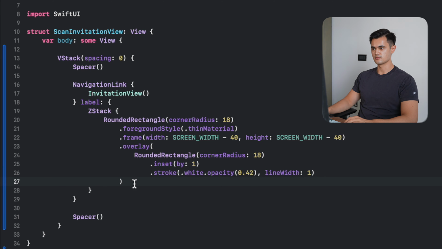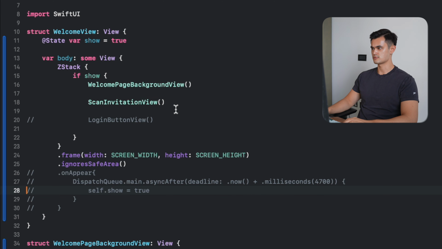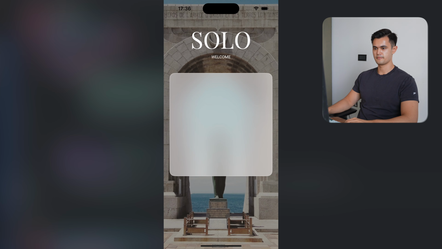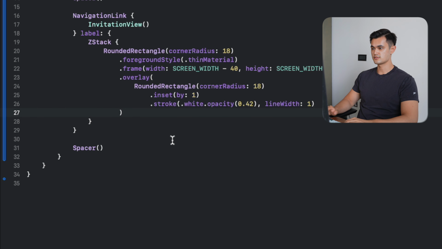Let's just see what this looks like for now. Let's run it. There. So you can see the glassmorphic elements. Here we see some elements of the background through the thin material we're using. Now adding on top of this,